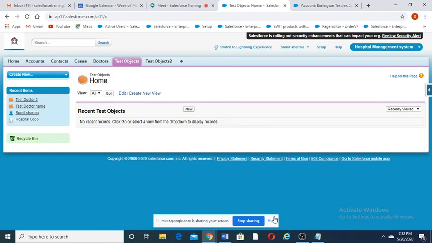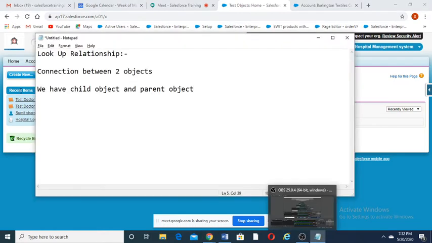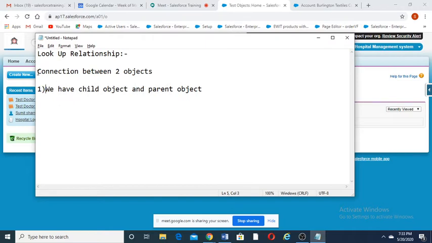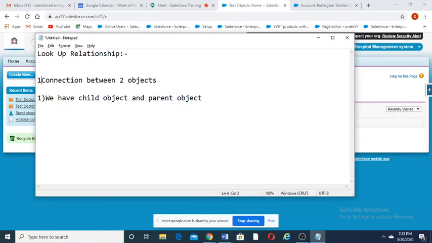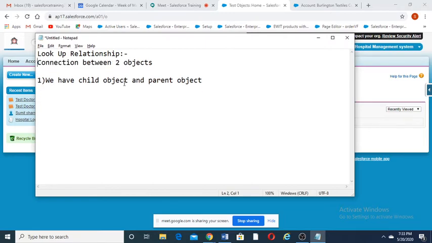So whenever we are creating a relationship, okay, lookup relation is connection between two objects. Okay, this is the definition. So we have child object and parent object.